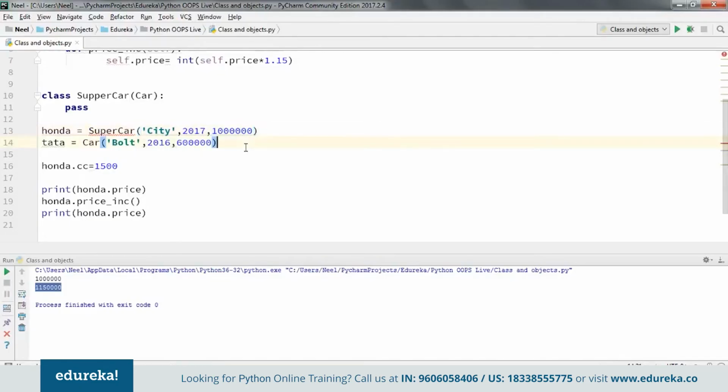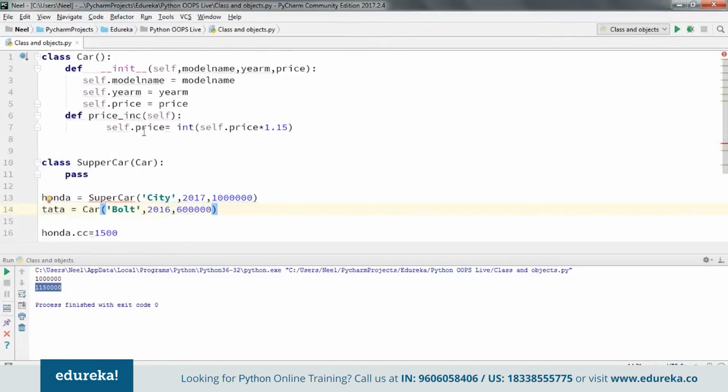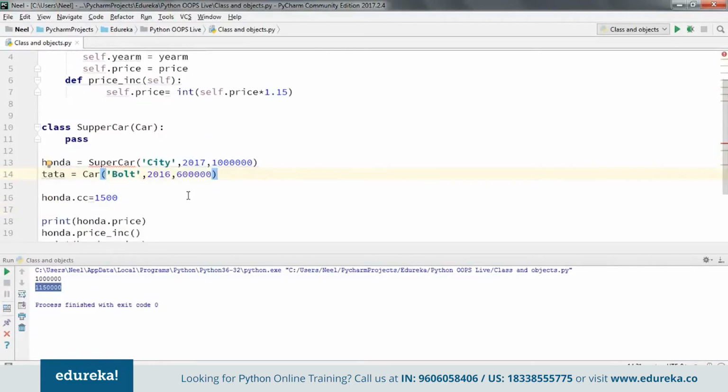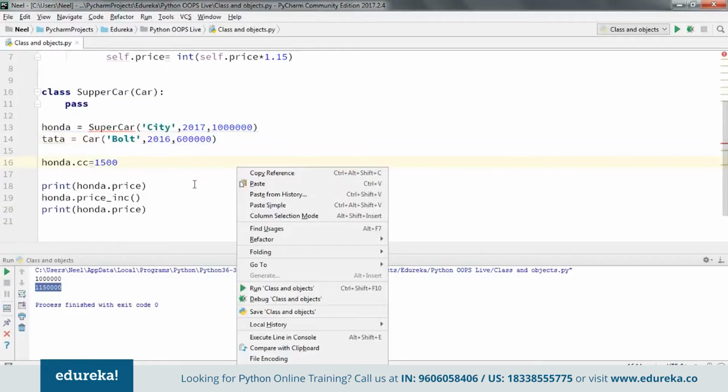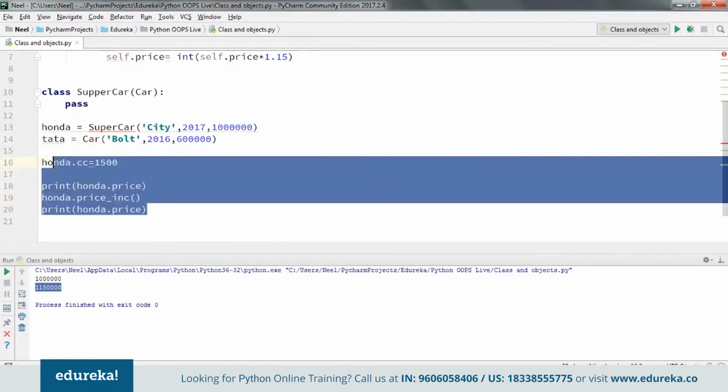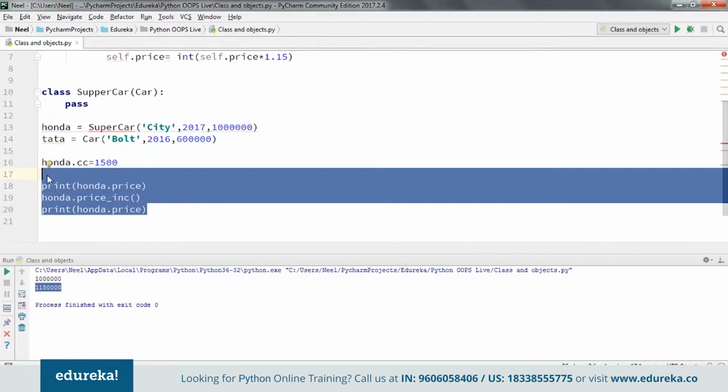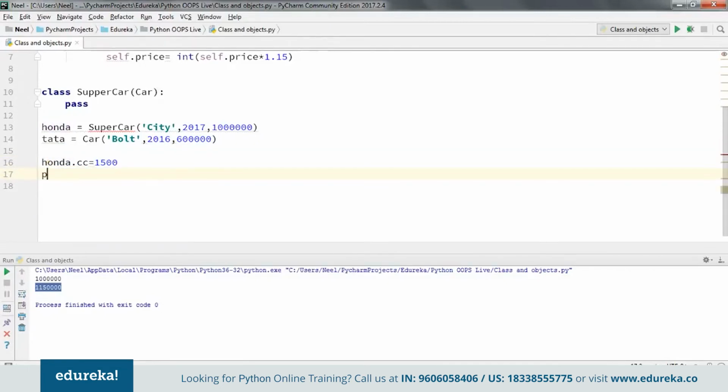Okay, now rather than making Honda as an instance of car class, let me make it of the supercar class. Now I have not defined an init operation, nor have I initiated the values for these variables as well. Okay, so what I'm going to do is that let me just try running this. Okay, let me remove this. Okay, and let me just print the namespace for Honda, which is Honda dot